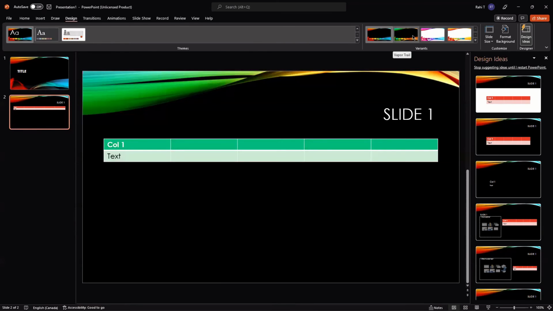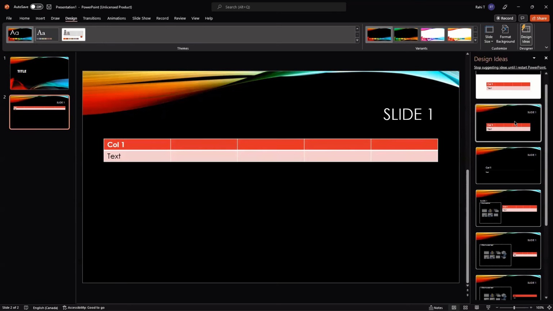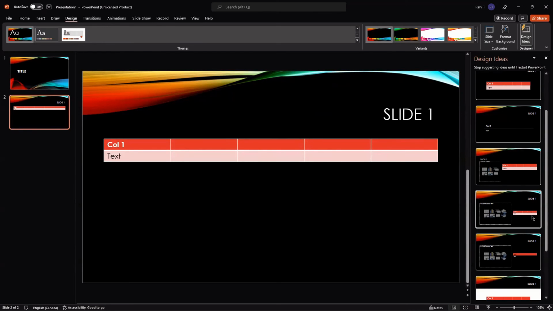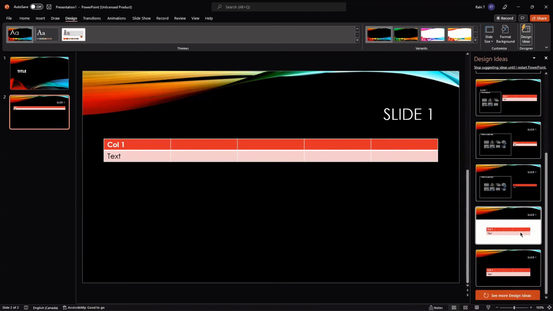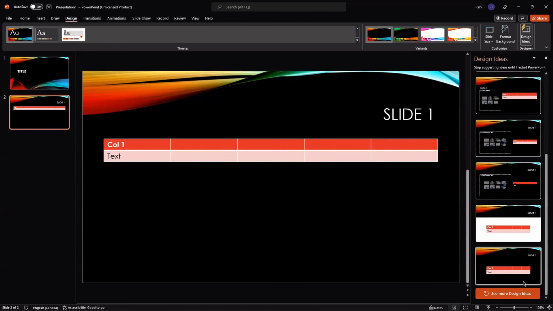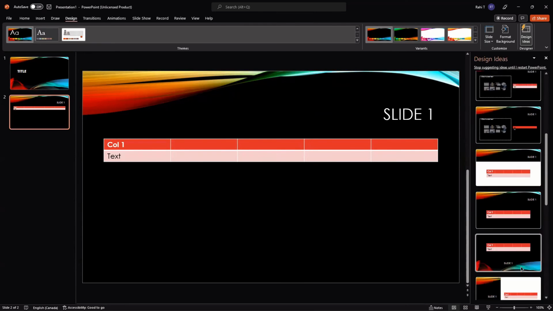If you're trying something more soothing, something nicer to look at, or just easier on the eyes, something black is probably nicer. And this is really up to you, what you think. And again, it shows some design ideas. So it says, hey, maybe you want to center your table, or you want to have a table and then something else next to it. So this is really useful, and you can always scroll down to the bottom and hit see more ideas and